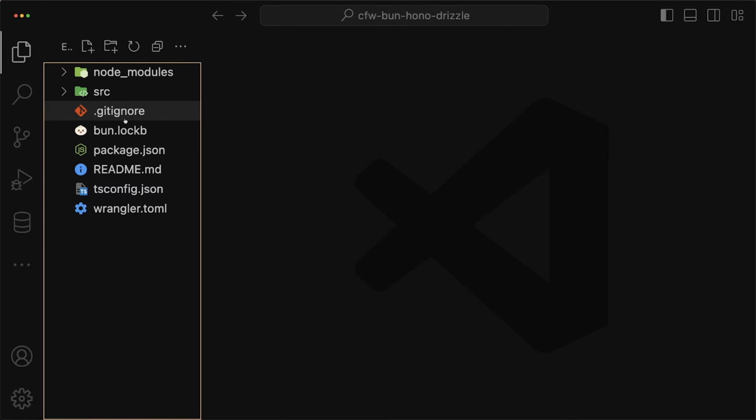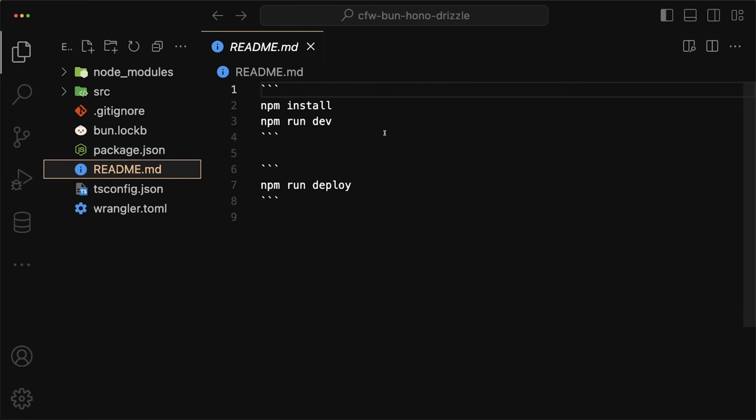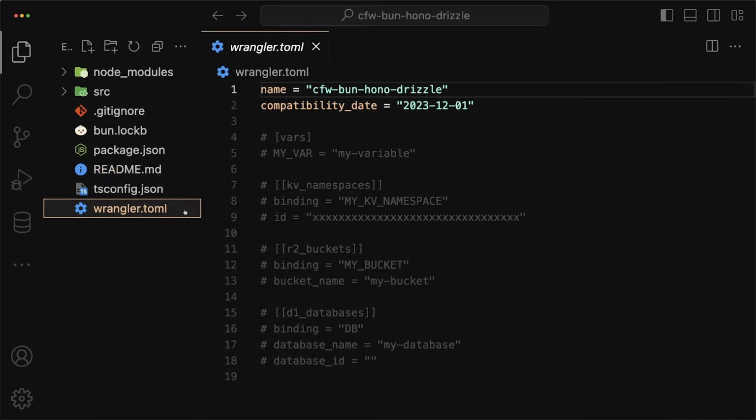We have our gitignore, our bun lock file, the package JSON, we'll go into that in a second. The README, which just has some simple instructions like npm install, but these don't apply to us since we're using bun. Our tsconfig, and a wrangler.toml file, which is basically just for any configuration that we want to do for our project. It starts off with two simple things, just the name of the project and a date. But as you can see here, commented out, we can do a lot of different things. We can add Env Variables, namespaces, buckets, and we'll look at this in a second for how to add a